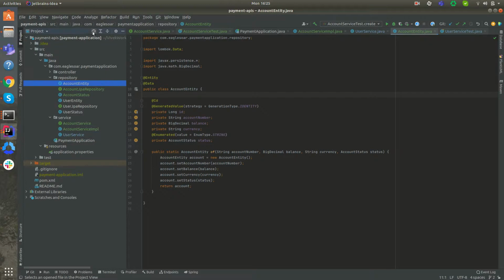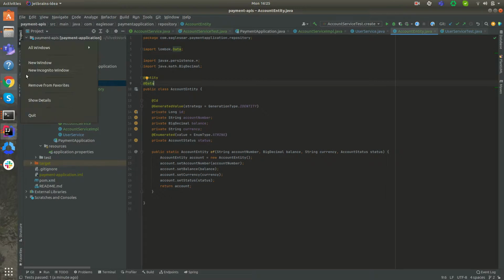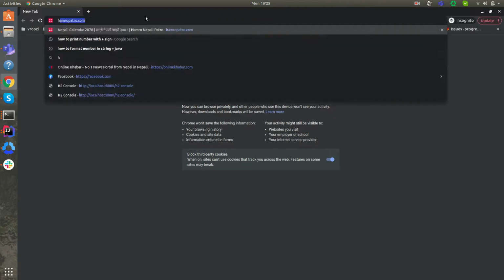To do that, there are a couple of approaches. One thing is you can create a different table, let's say account history, and then do all of these things manually. So whenever you're trying to insert or do any operations, you have to make an entry to that table as well. This is the first approach. And the second approach is you can use Hibernate Envers, which will provide exactly the same functionality for you. So if you just go and look for Hibernate Envers,